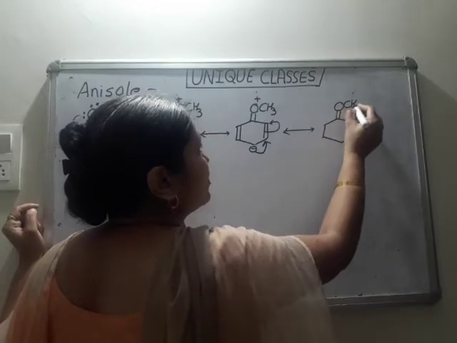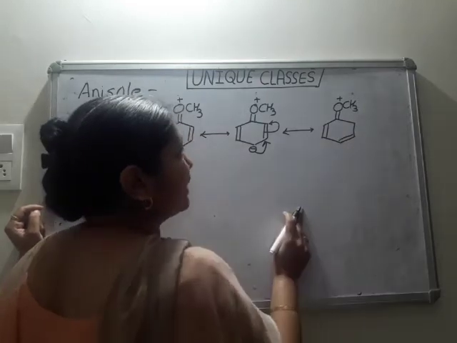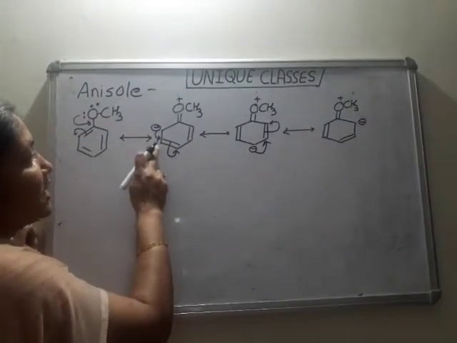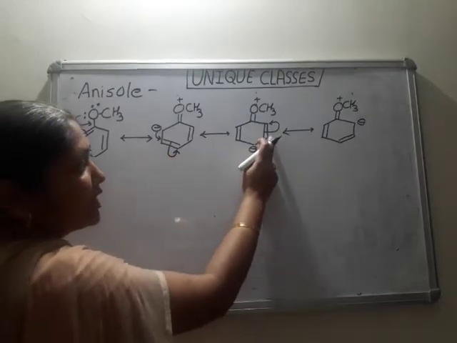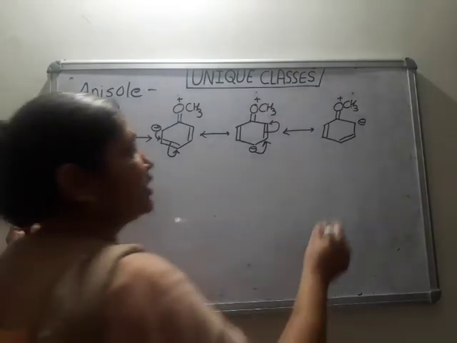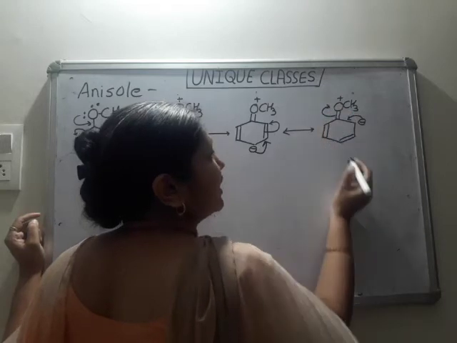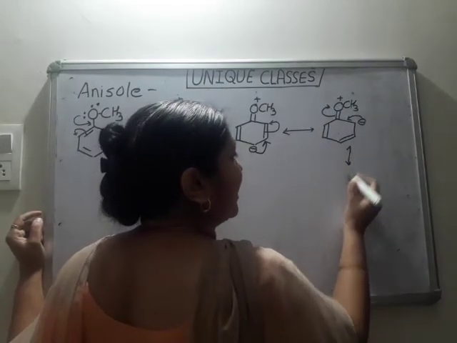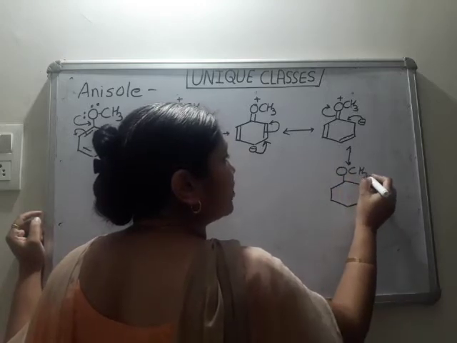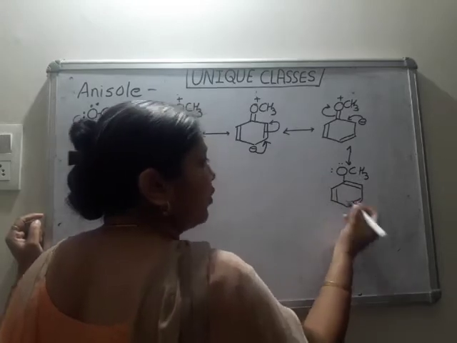This is OCH3 plus. As it is, a new bond is formed between these two. This bond breaks. See, after this carbon, alternate carbon. After this, skip this carbon. On this carbon, we get negative charge. And now aromatization is completed. So this negative charge attacks here, and oxygen takes back its electron pair, and we get the structure as OCH3. A new bond is formed here. These two bonds as it is.